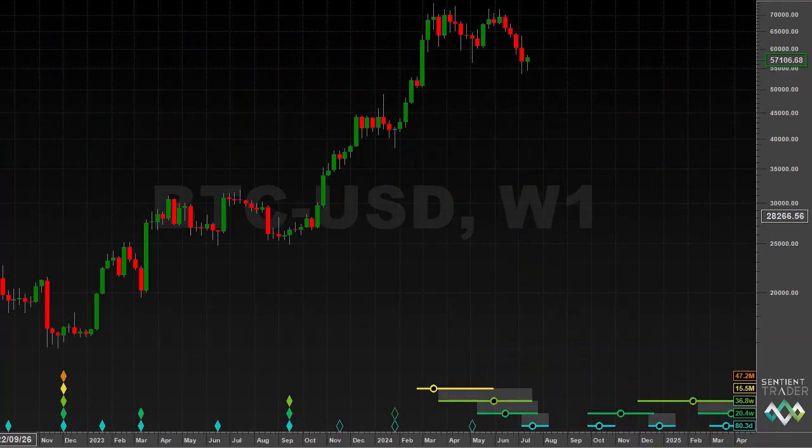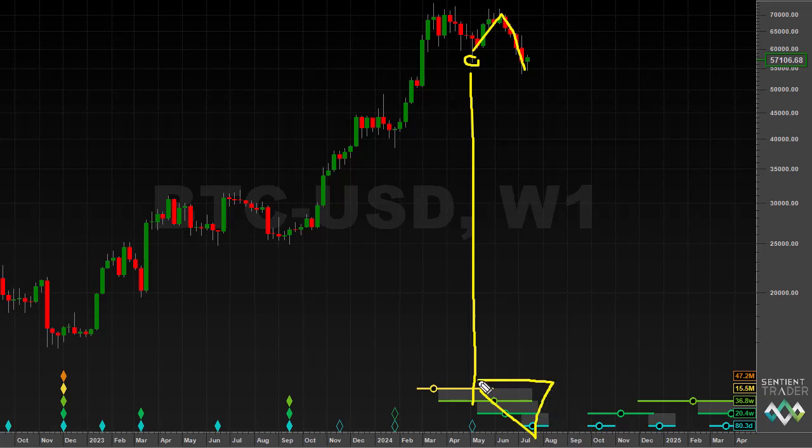Switching back to the other analysis that we were looking at that had presented the possibility that the 18-month cycle trough had formed over here at the beginning of May, you will notice that this analysis has changed. I had influenced the analysis by pinning the 18-month cycle trough over here to explore the possibility of that analysis playing out, but Sentient Trader refuses to honor that pinning of that trough because of recent price action. And so even this analysis tells us to expect the 18-month cycle trough to form.